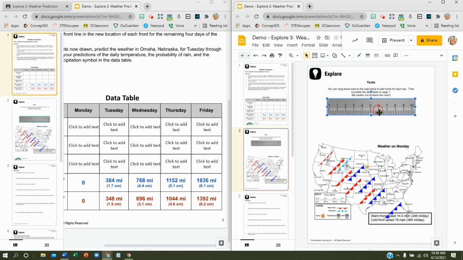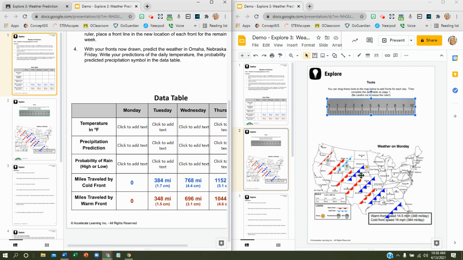Okay, so I put my ruler away. So now I've got my fronts in place, and we're going to have to assume that this front line is actually extending all the way up so that it is passing over Omaha on certain days. Now, we have to make a prediction. So now that we know what happened, this is Monday, Tuesday, Wednesday, Thursday, Friday, and then this one's also Monday, Tuesday, Wednesday, Thursday, Friday. So looking at Monday, which is exactly what's going on in Omaha right now,